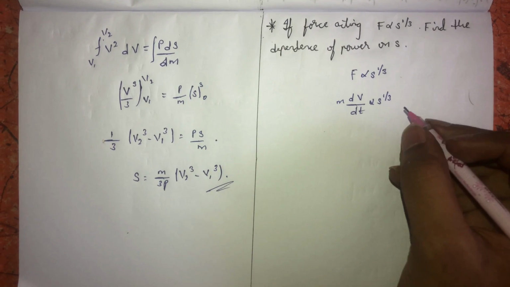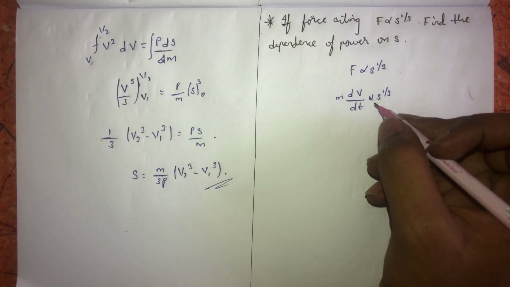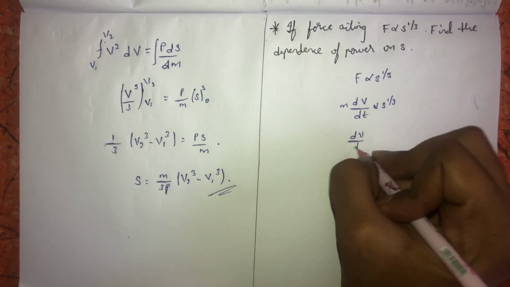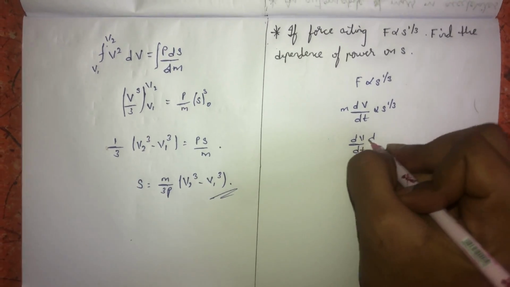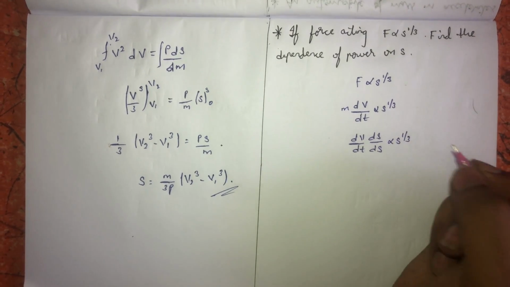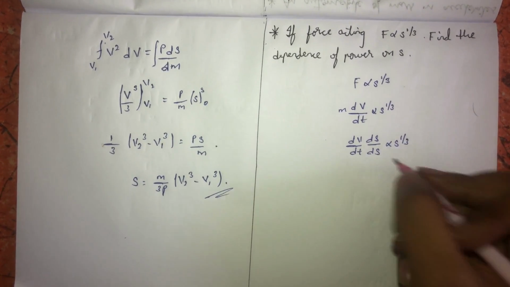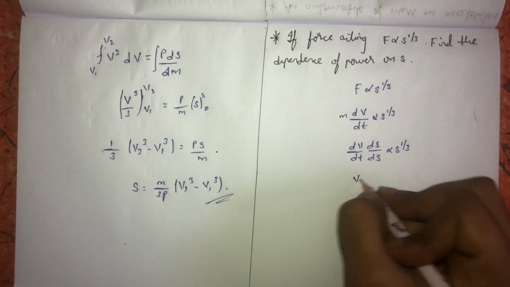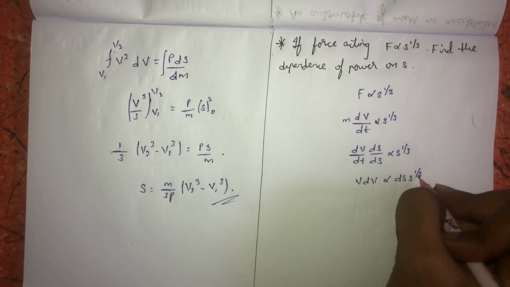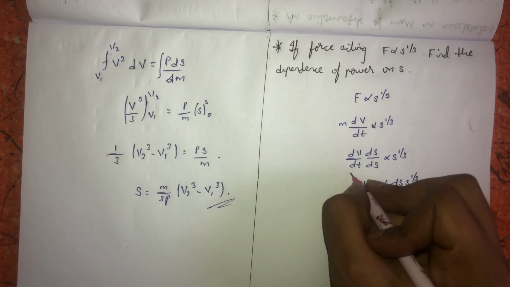Then dv by dt is proportional to S^(1/3), and multiplying by the rate of change of displacement in the numerator and denominator, we are left with ds by dt equal to velocity. Then integrating on both the sides,